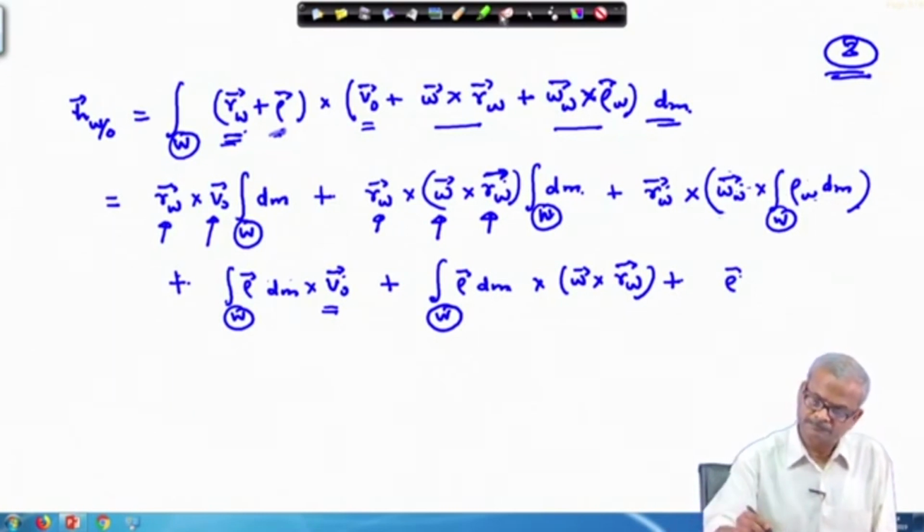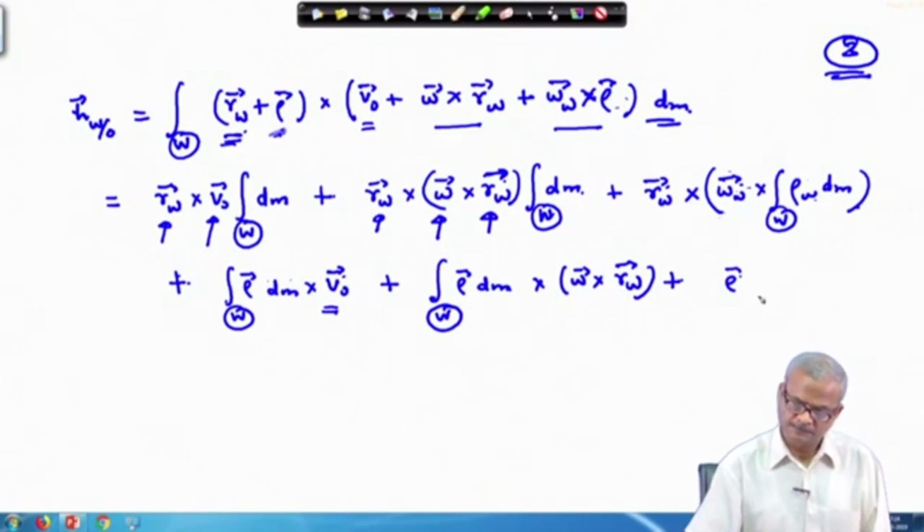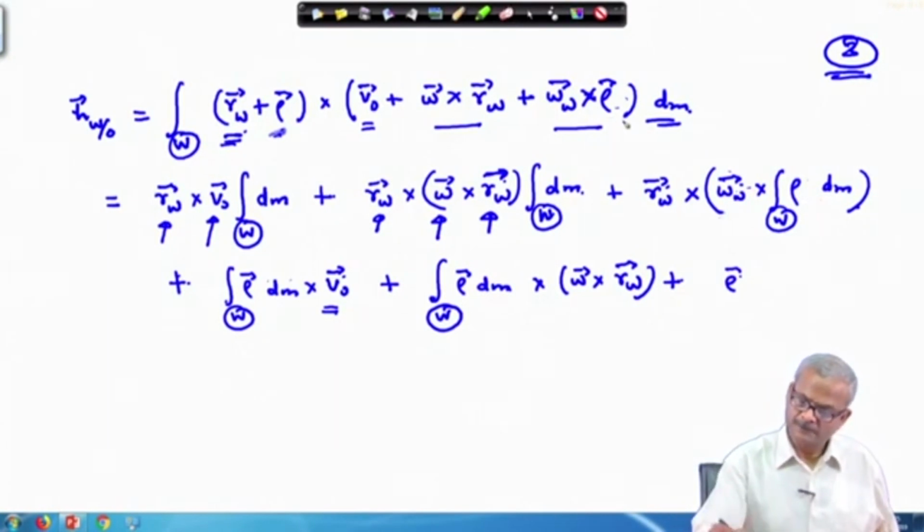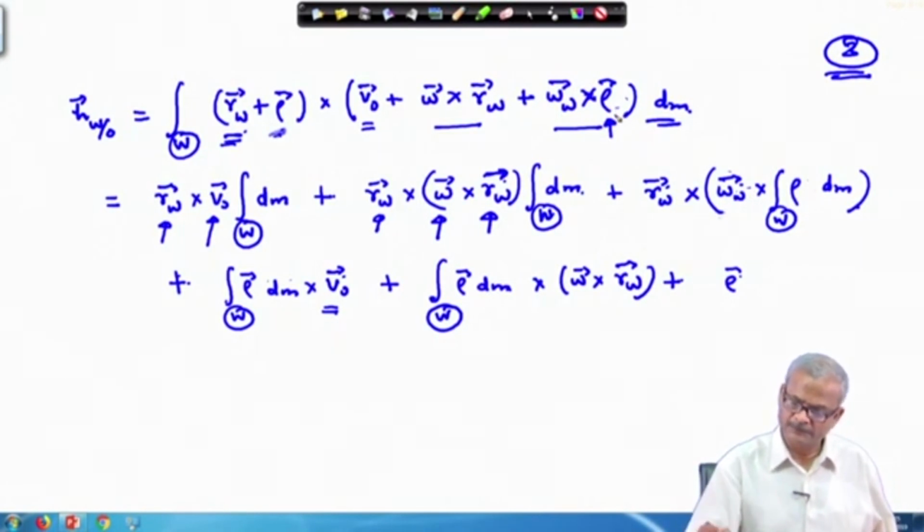This is rho here. The notation we have used for this is not rho w, but rho. So, this part I have corrected here. So, rho cross